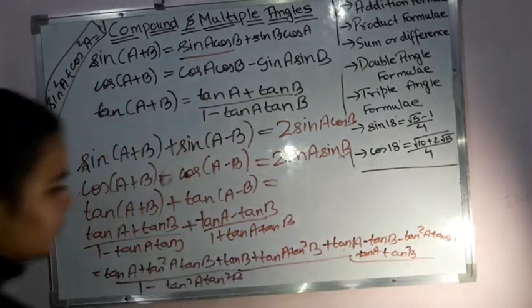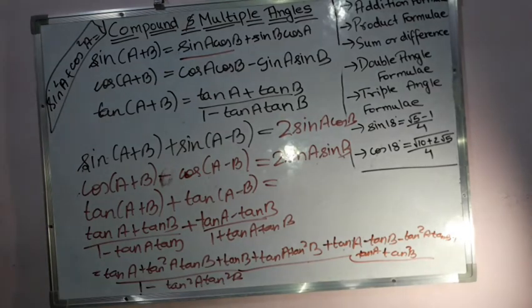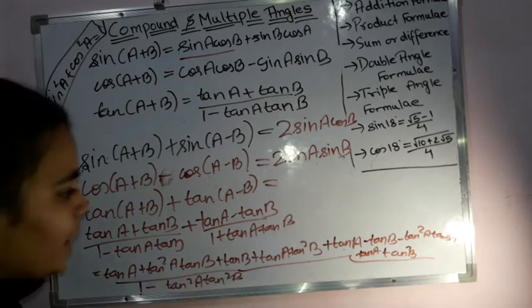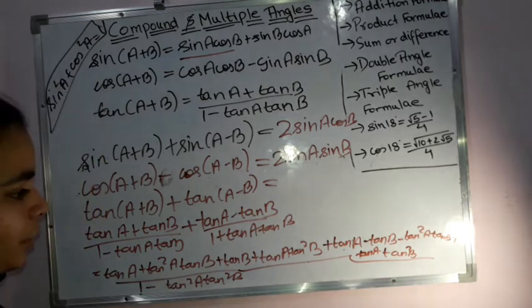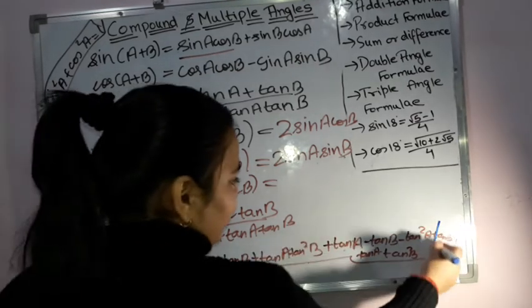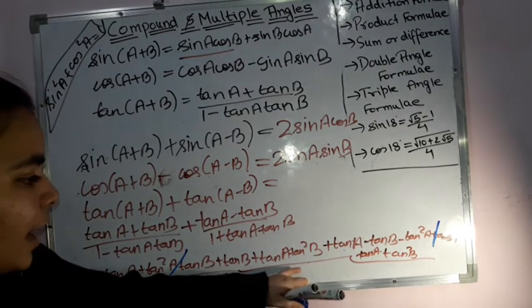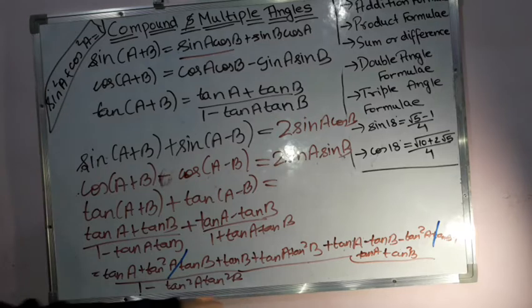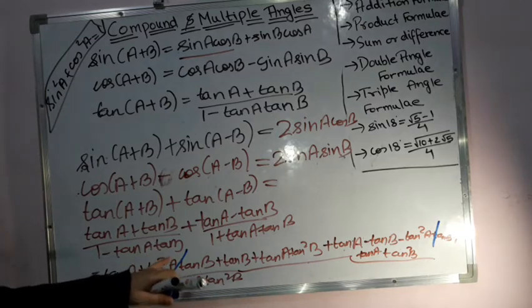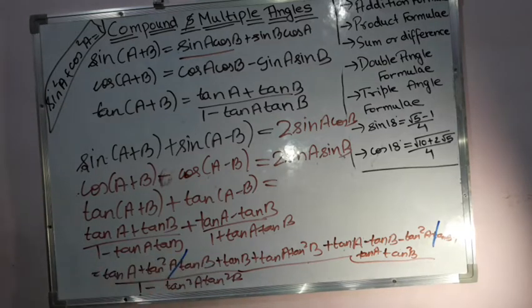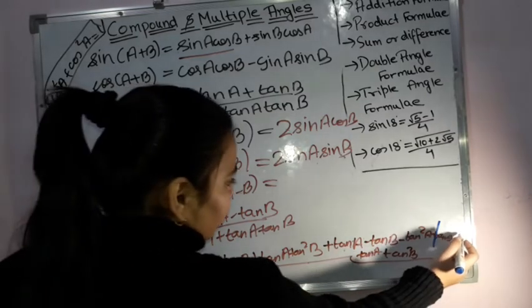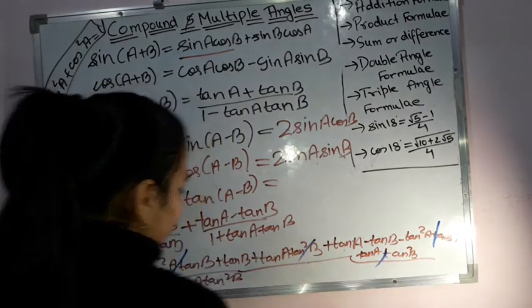Now quickly seeing it, where are the terms which are getting cancelled? Let's see, tan square A tan B, tan square A tan B. Do I have tan square A tan B? Yes, I have it, so it gets cancelled over here, right? Then I have tan A tan square B and tan A tan square B. Over here, if you see, it is negative, and over here it was coming positive. So this is going to be cancelled out again.